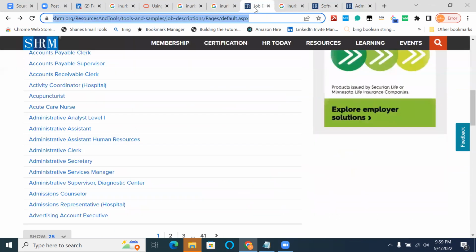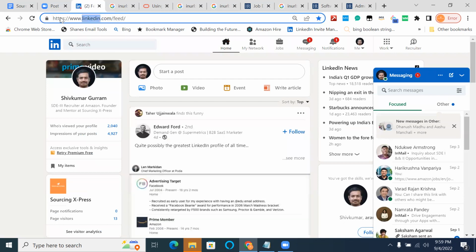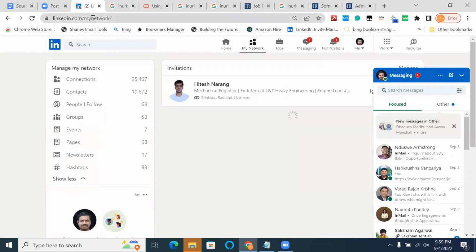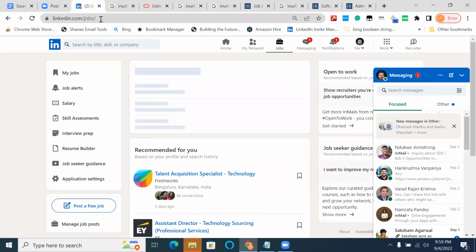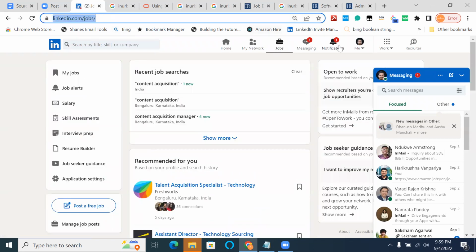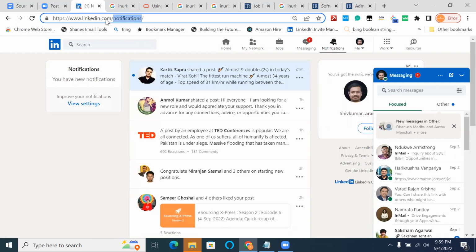So hyphen basically represents a part of a keyword. It could be hyphen or it could be plus. But the slash is more of the folders, nesting of pages. If we say linkedin.com, here we have /feed. If we say here, then we have linkedin.com/mynetwork. If we click on jobs, then that's another folder: linkedin.com/jobs. We get notifications, linkedin.com/notifications. So those are the folders. This is supposed to be a next session in depth, but anyway, high level today itself.